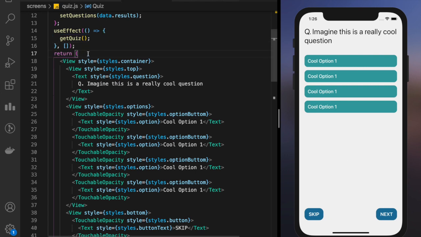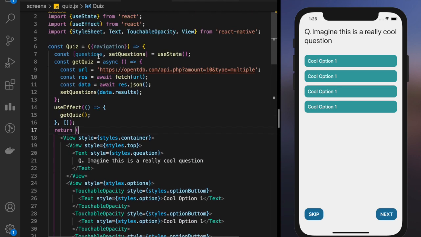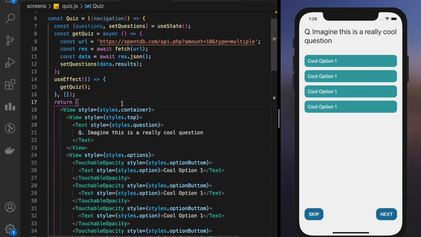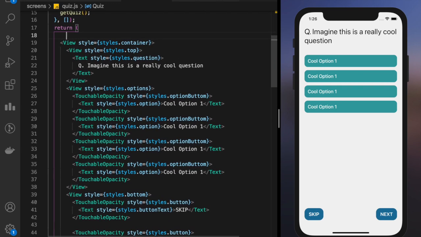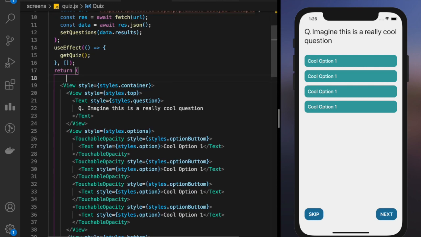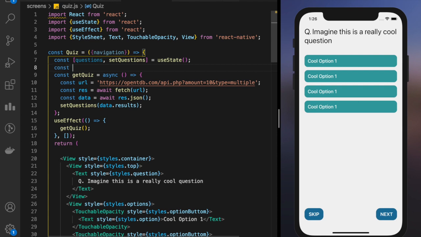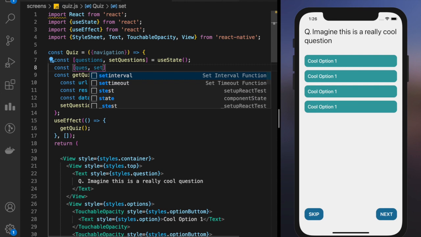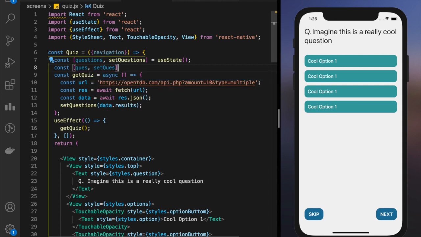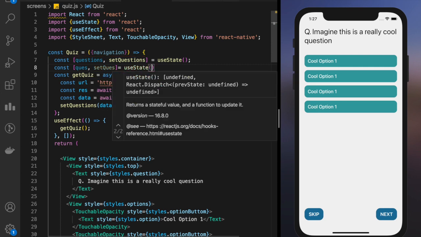What we are going to do here is, okay, let us see. Handle next. So we need a question number, which question is being rendered right now. I will write it as quest, let us say setQuest is equal to useState, and let us say right now my 0th question.